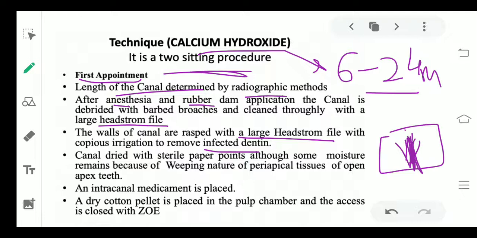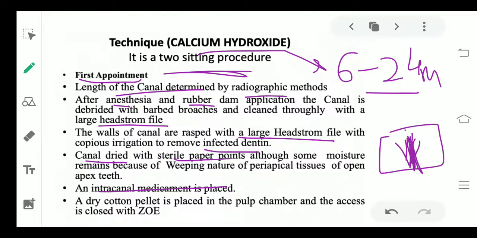Then after, when you have cleaned the canal, we have to dry the canal with the help of some sterile paper points, so that any moisture in the canal or in the roots is absorbed. After that, an intracanal medicament is placed, and what do we do in the first sitting is clean the canal